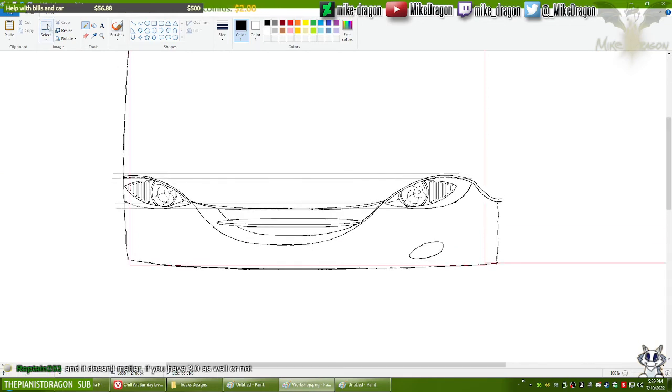Yeah, there we go. Let's copy this to the other side. And resize it slightly. Yeah, I did get your point, Truckin.